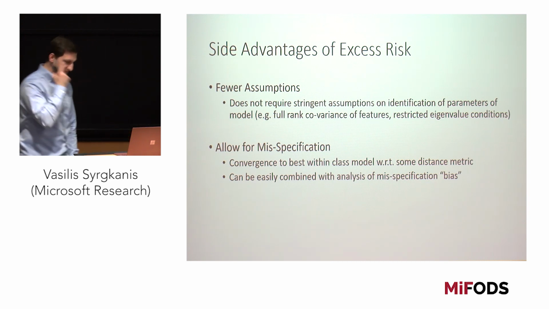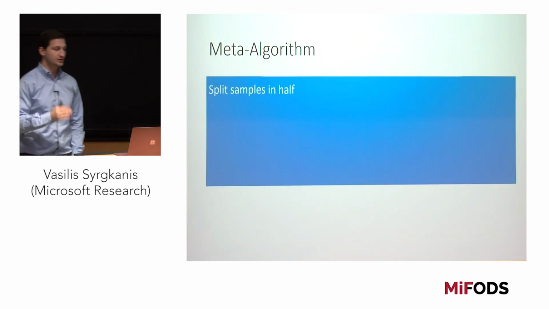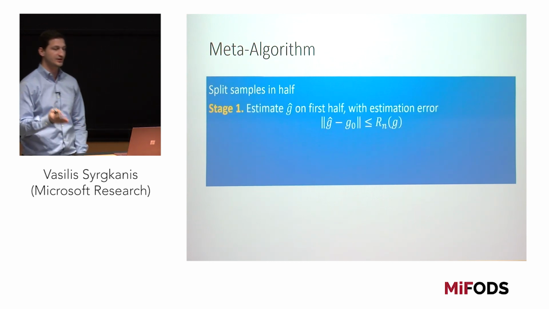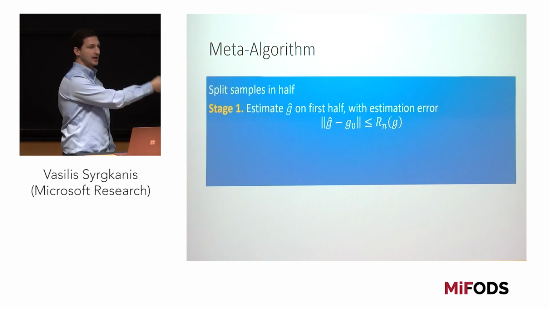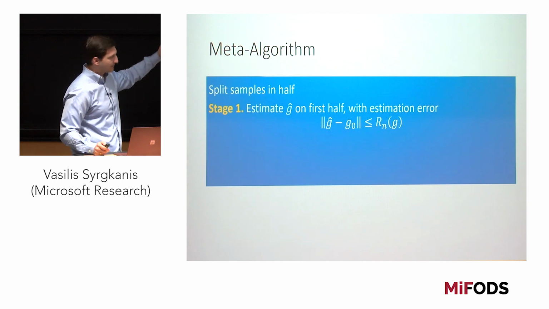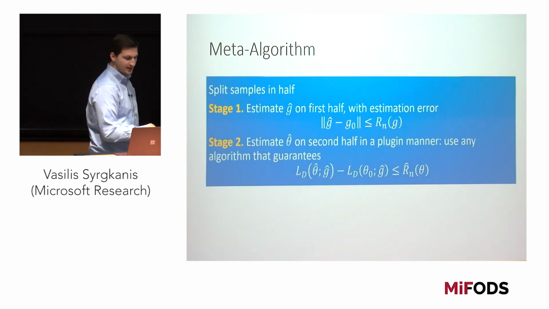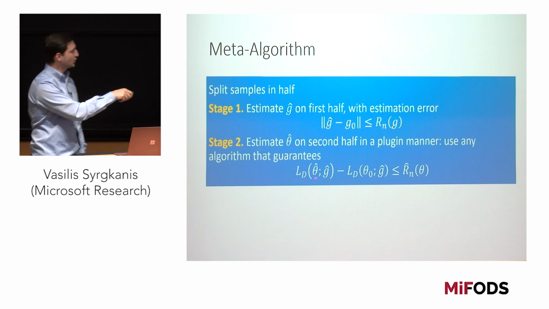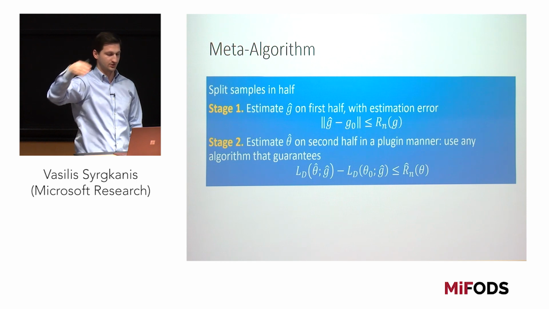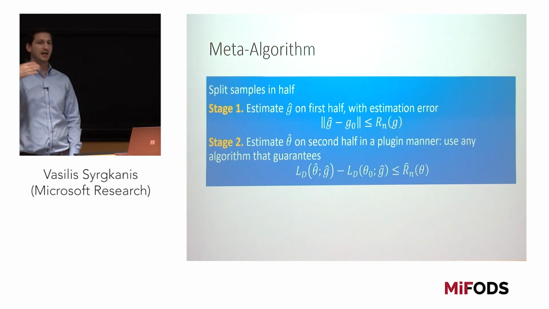So this is exactly related to this discussion. This is the meta algorithm that we're going to analyze to reduce statistical learning with the nuisance component to normal statistical learning. We're going to split our samples in half, and on the first half we're going to estimate the nuisance estimates based on some arbitrary estimation method, subject to that estimation method achieving some form of mean squared error guarantee. And then we're going to plug in this first stage estimate into the loss function and apply any other ML estimator that achieves good excess risk for the plug-in nuisance functions.